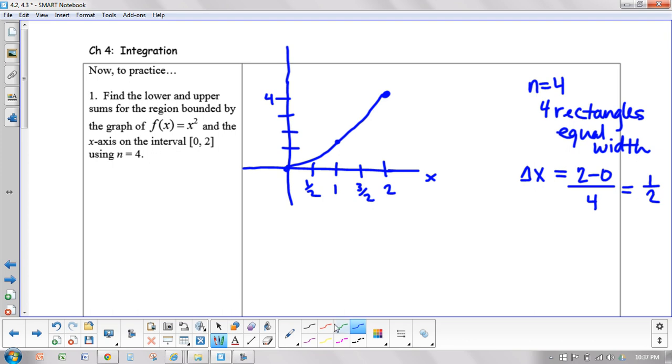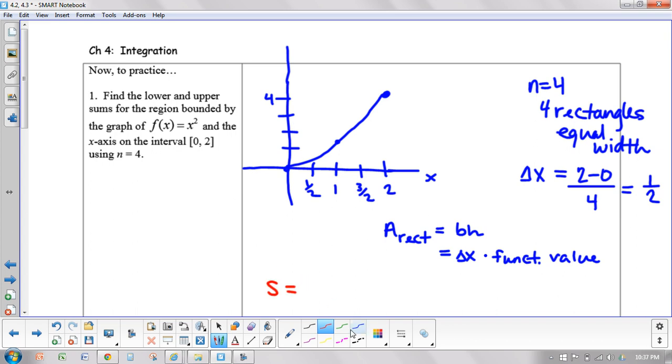Then we need to go back and remember how we find areas of rectangles. So area of a rectangle is just going to be base times height. Well, in our case, the base is going to be delta x, and the height is going to be a function value, because you're going to have to go up to the function to make your rectangle. So let's see what that looks like. If we want to do the lower sum, the little s,